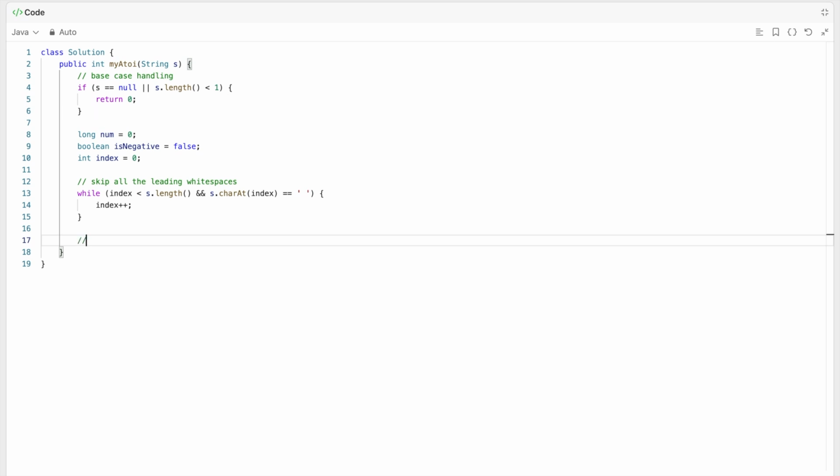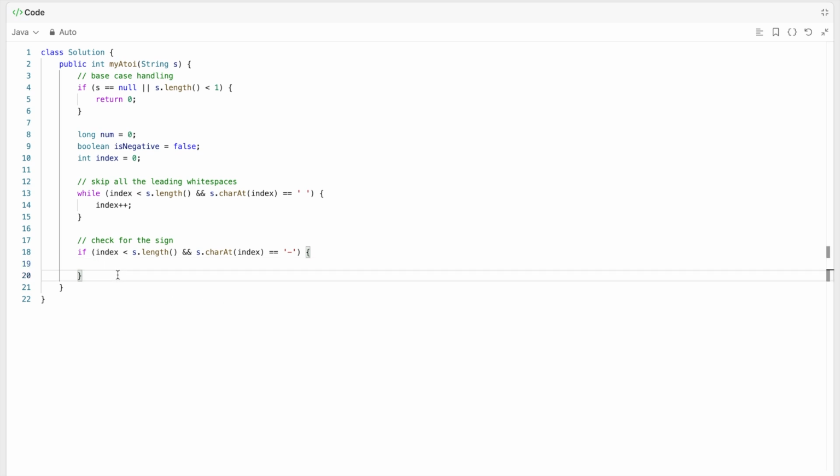So we'll say check for the sign. How are we going to check that? We're going to say if the index is still less than the length of the string and the character at that index is equal to a minus sign,